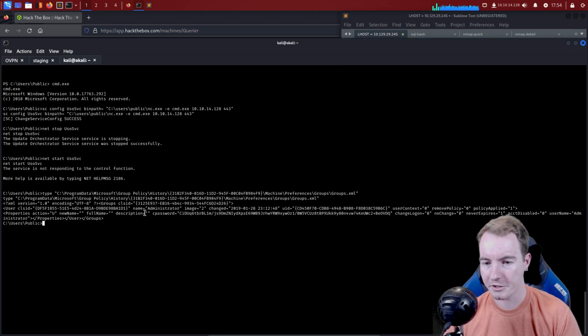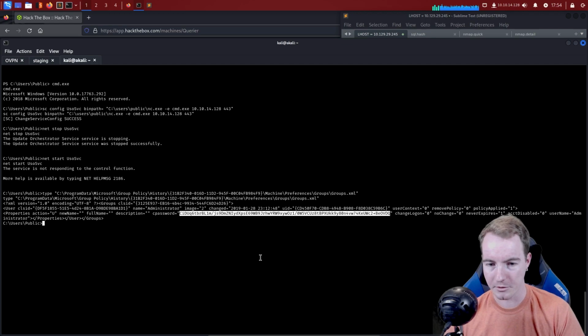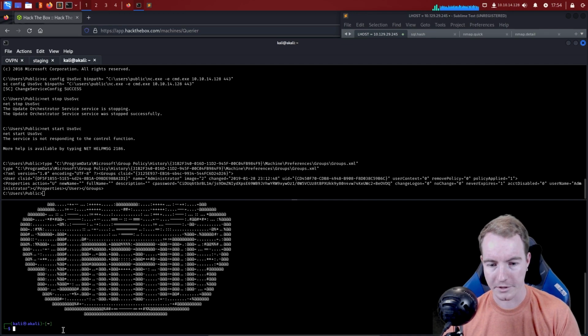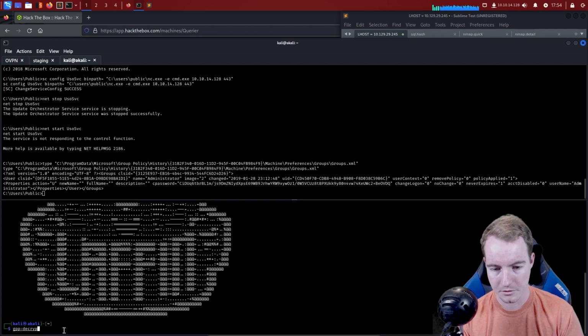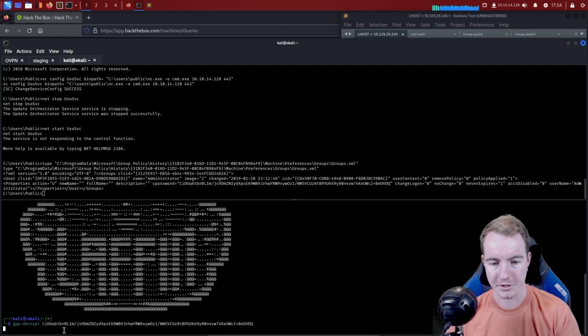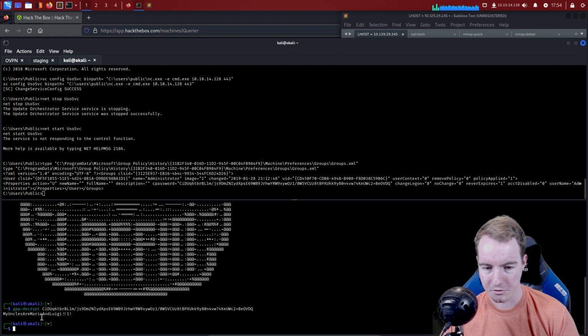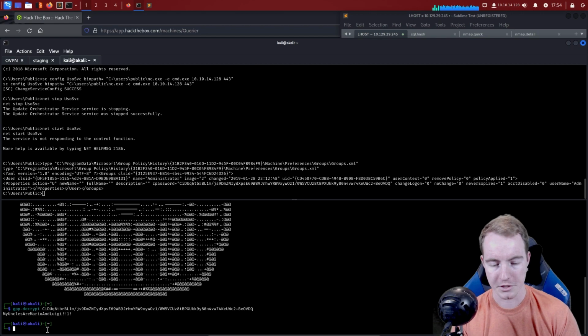And we can see our output here, name administrator, and we have the cpassword string down here. Now this is encrypted, but it's an easily reversible decryption. And all we have to do here is use gpp-decrypt, and then dump that password here. It'll give us the same thing. My uncles are Mario and Luigi!!! So we can confirm, since this is the administrator user, we can assume that psexec will